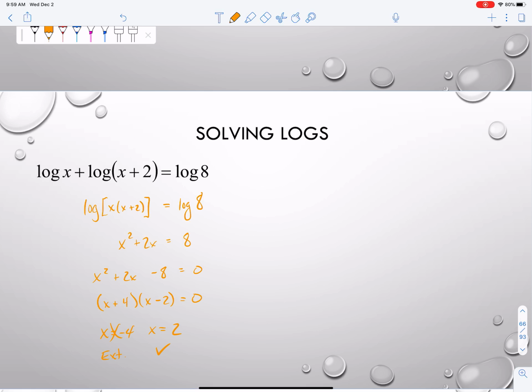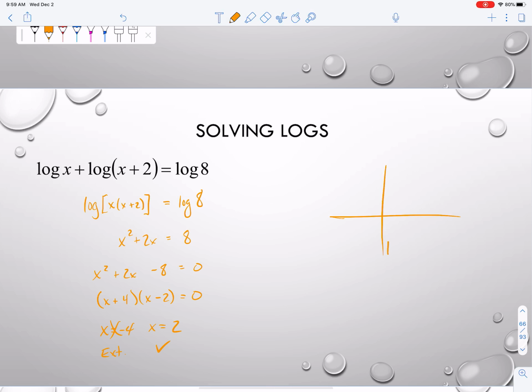Typically speaking, not always, logs are one-to-one by themselves. When I have a sum and difference of logs and some other things, we can get some instances where you get multiple solutions. But as a general rule, logs are one-to-one if it's a single logarithm. Most of the time with these problems, you're only going to get a single answer. Now, think about what the logs look like. Here's a sketch of my log graph. If I have a log and it's equal to another log, there's probably only one point of intersection, but